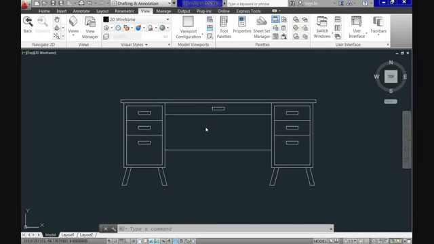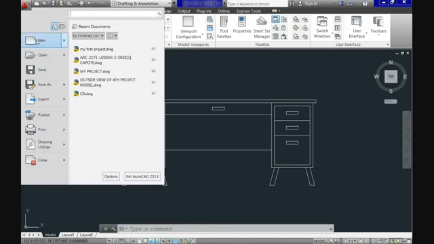In this video tutorial you will learn about drawings and templates in AutoCAD. This is the second part of this series of tutorials, and also you'll learn how to set up a new drawing. To start a new drawing, normally you go to New in the application menu button, and when you click